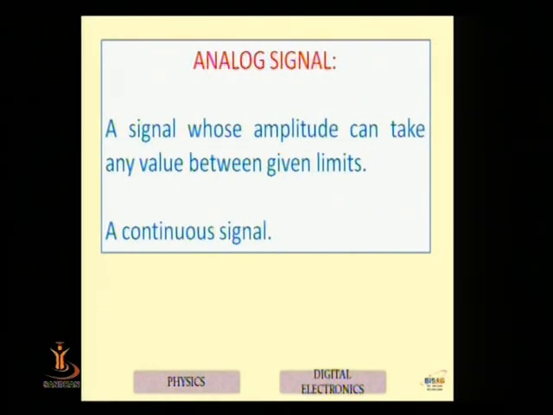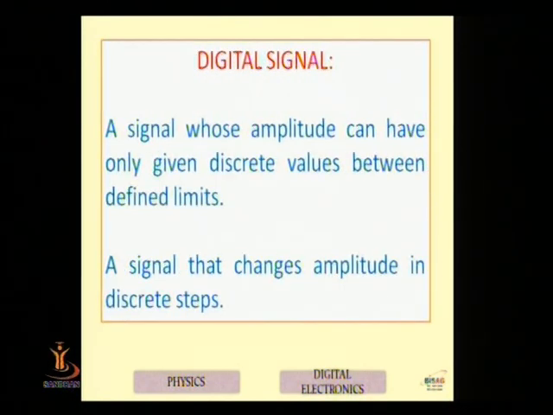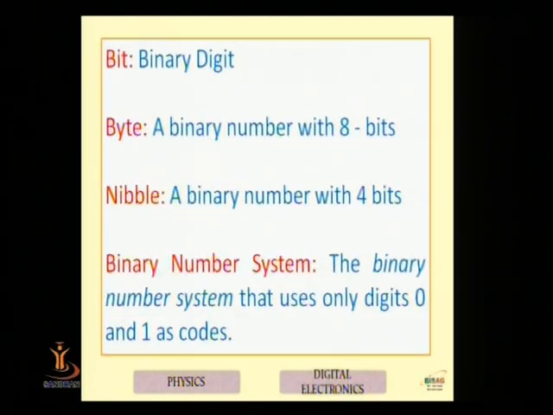There are two types of signals, analog signal and digital signal. Analog signals are continuous signals which have different amplitudes at different times. Then comes the digital signal, which has only 2 states. As time passes, you do not have different values like 0, 1, 2, 3. You have only 2 values, 0 and 1, and only the signal amplitude changes.